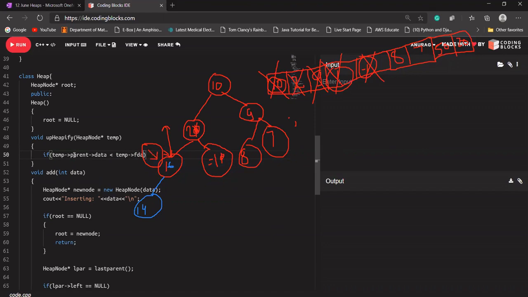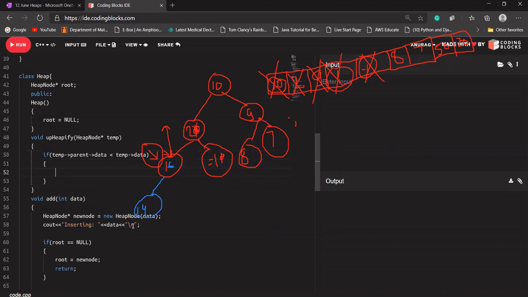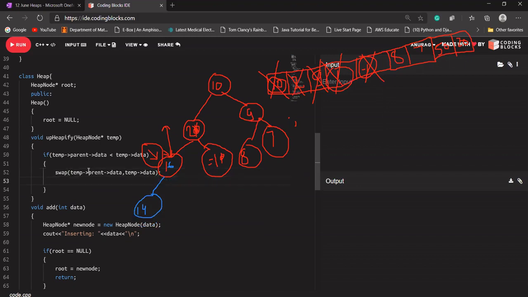Is that clear why I'm writing this? If the data of the parent is less than this data of its child, then I'm going to say, swap both values, temp's parent data as well as temp's data. Swap both values and call my Heapify function again for the temp's parent, because in that case also,